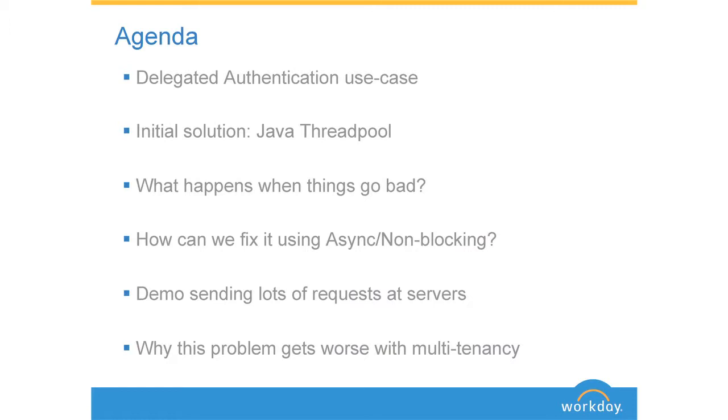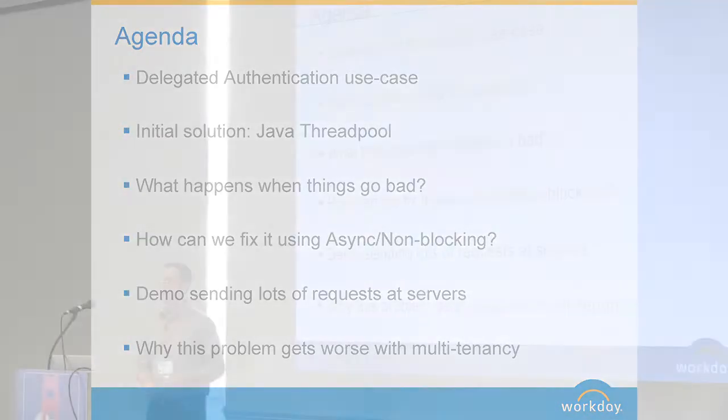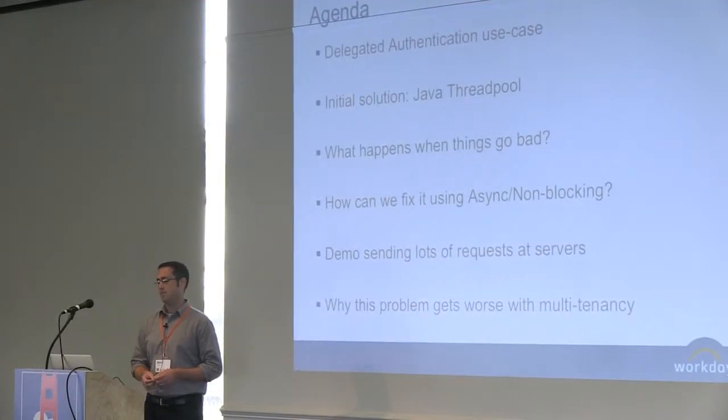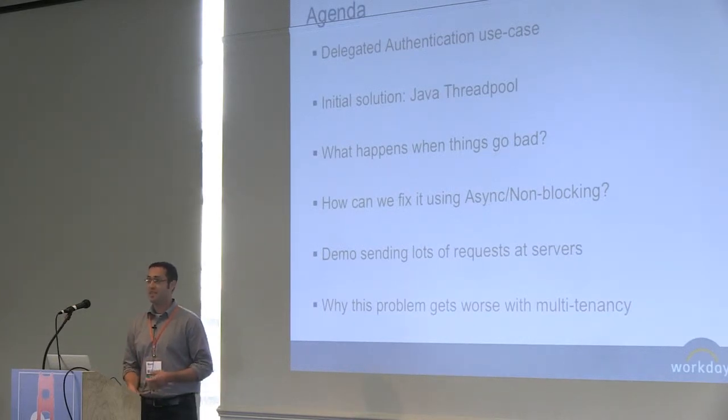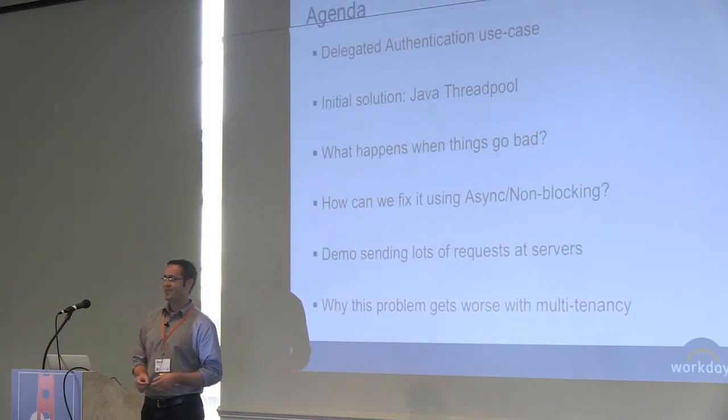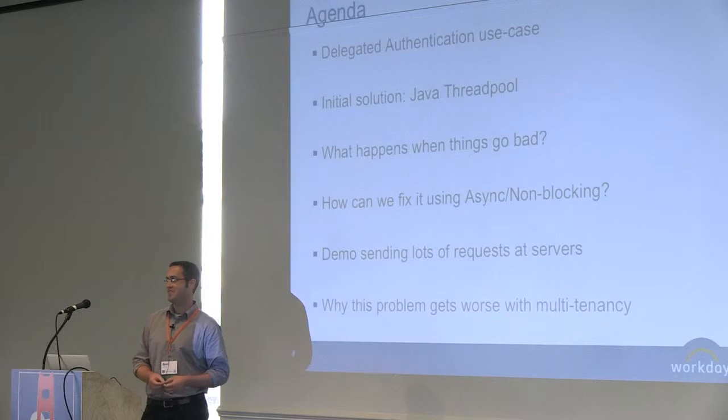So how are we going to do that? We're going to first look at our use case called delegated authentication. We're going to briefly explore the initial solution we had using a Java-based ThreadPool. And the interesting part about the solution is not when it works, but when things go bad. And so we're going to see how we can fix that using an asynchronous non-blocking model. We're going to do a quick demo, sending lots of requests at it, and see what happens. And then finally, explore why this problem is so much worse in multi-tenancy